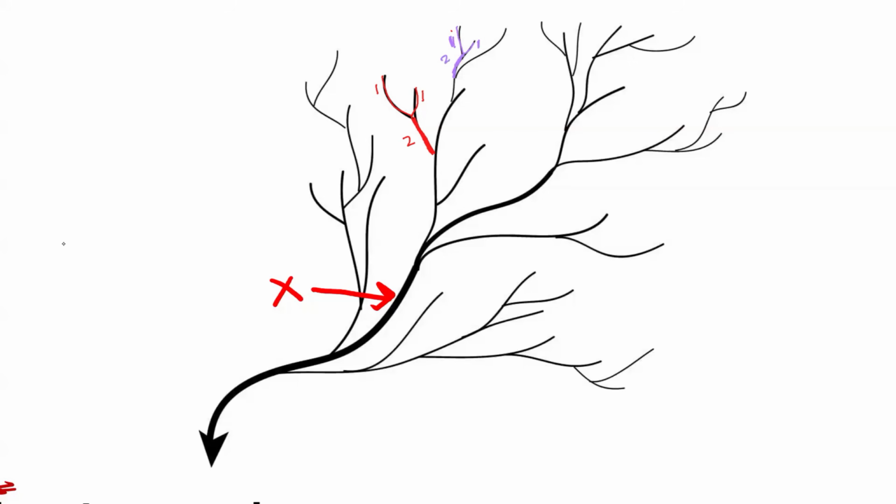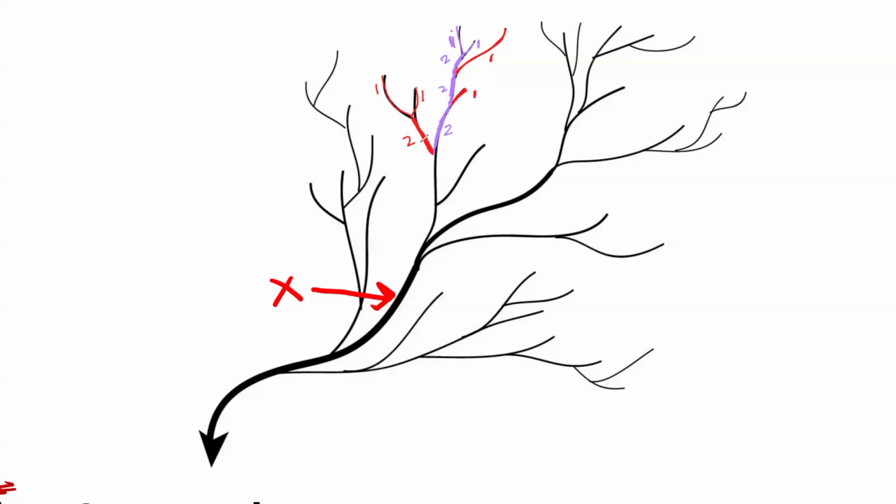And this stream order 2 is combining with the stream order 1 from that other side. This is stream order 1 because it's just a single stream, right? Stream order 1 combining with stream order 2 will give us stream order 2. So it will continue being stream order 2 at this point. Then stream order 2 at this point combines with stream order 1 here. We're still going to have stream order 2 as well.